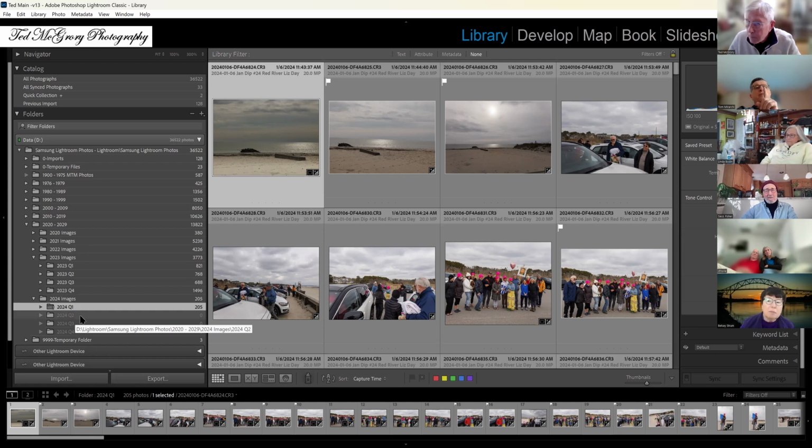If you were to remove a folder here that had photos in it, would it remove the photos from the disk, or what happens? Right. You could,